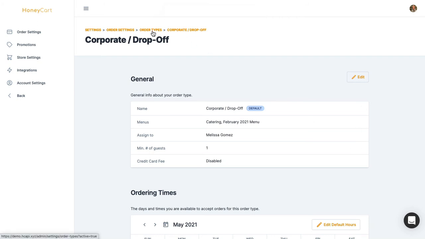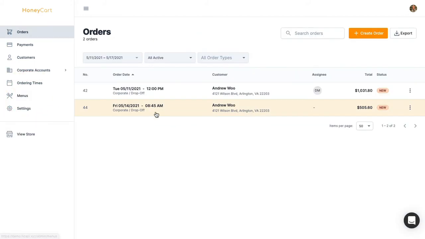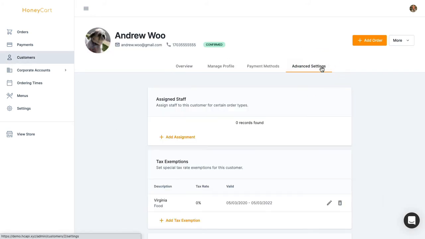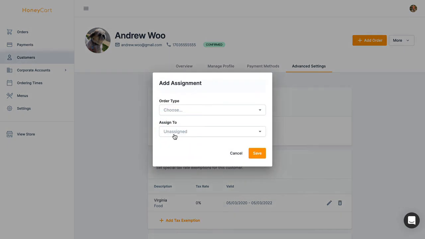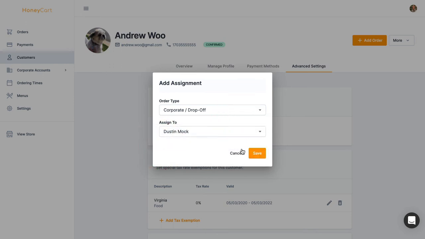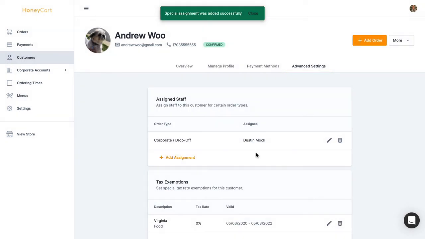As always, you have the option to leave new orders as being unassigned, right? But let's say you've already figured out that for one particular customer, I'll use myself as an example here, if you go to your customers, you can now assign at the customer level who should always be handling this person's account. Now, going back to my corporate drop-off example, let's say every time I get this type of order from this customer, I always want it to go to Dustin because he's going to be their personal account manager. So once you do that, boom,